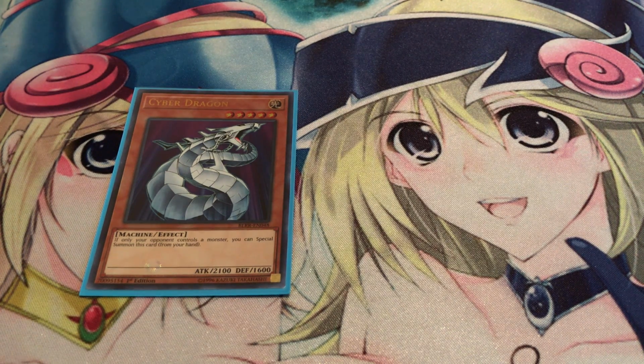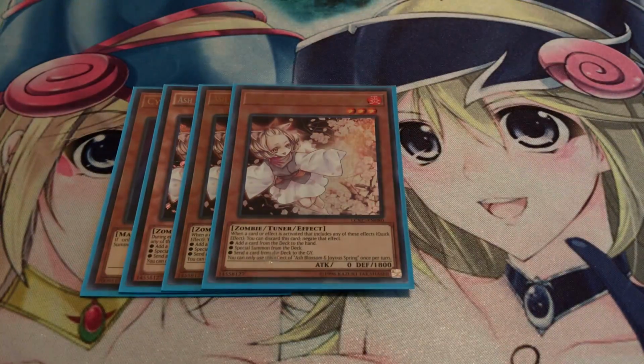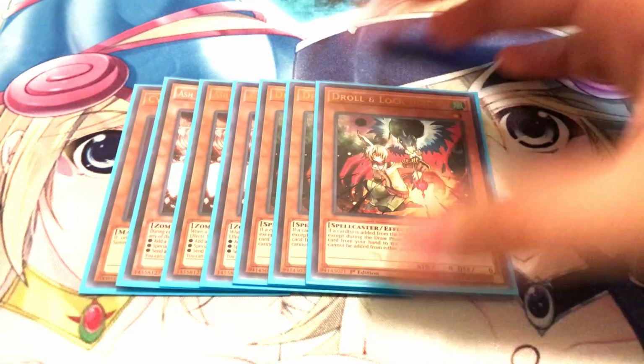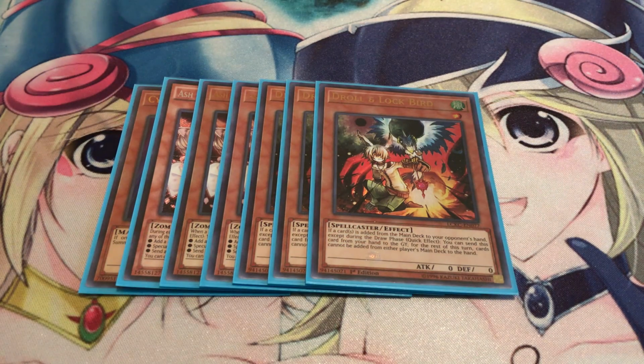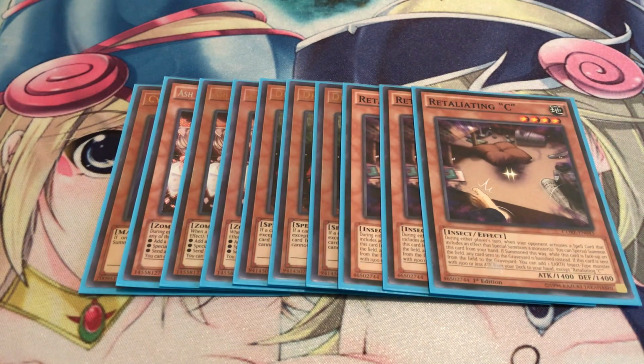We're running 9 hand traps in total. We're running 3 Ash Blossoms, pretty standard, one of the best hand traps ever. 3 Drolls, just because like I said, Trickstars are still at full power, so the Droll and Trickstar combo still works. And 3 copies of Retaliating Sea, and as I mentioned on my last video, it's really good because this